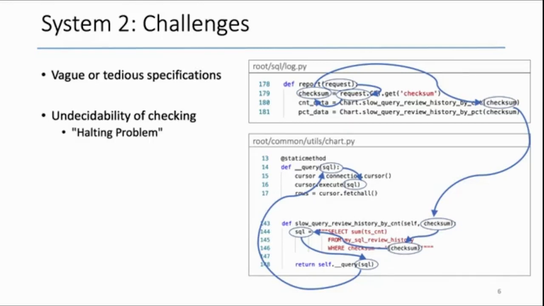Even if you manage to formally write down specifications, that is the expected behavior of programs, there we have theoretical limitations. This goes back to the halting problem in computer science. What it simply means is you cannot build a tool that will be exact in terms of accepting or rejecting programs, as well as guaranteed to terminate, right? So you have to give up one of these 3 pillars, either have to be unsound, that means you can produce false negatives, or incomplete, which means you'll have to produce false positives, or you'll have to let the tool run